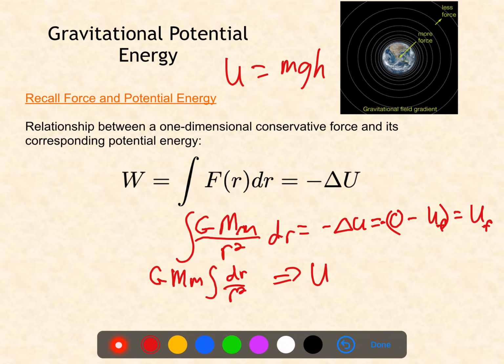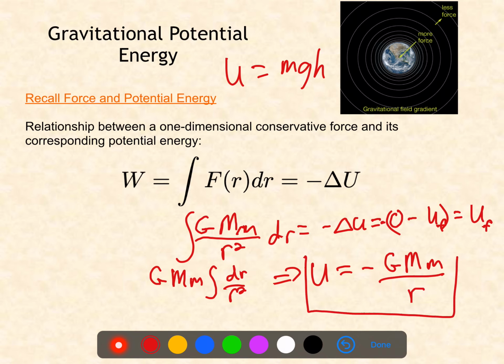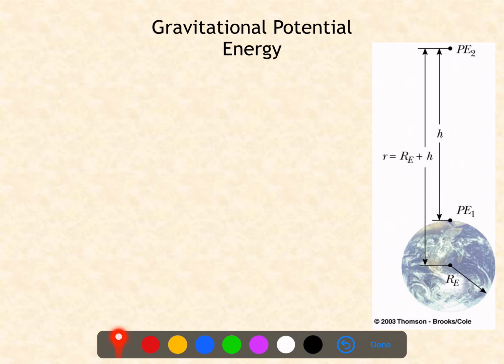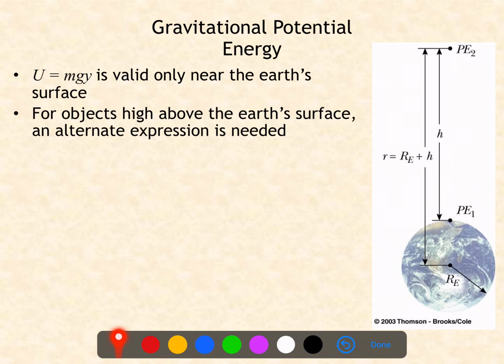the universal way of expressing this gravitational potential energy is with a negative GMm over r. So it's very similar to the force law. We're just having a minus sign here and one power of r in the denominator. Okay, but the beauty of this expression is that I can use it anywhere, not just near the surface of the Earth,